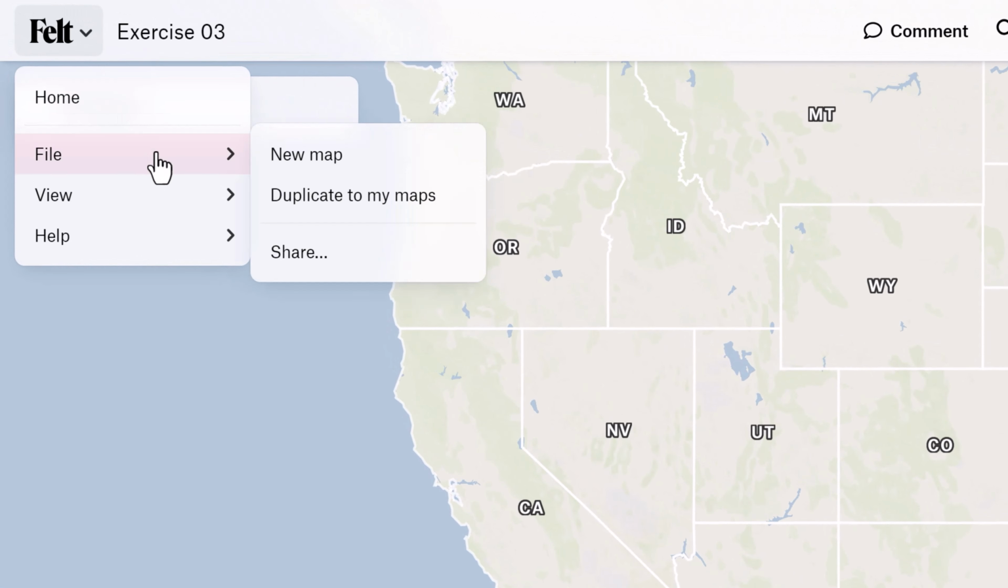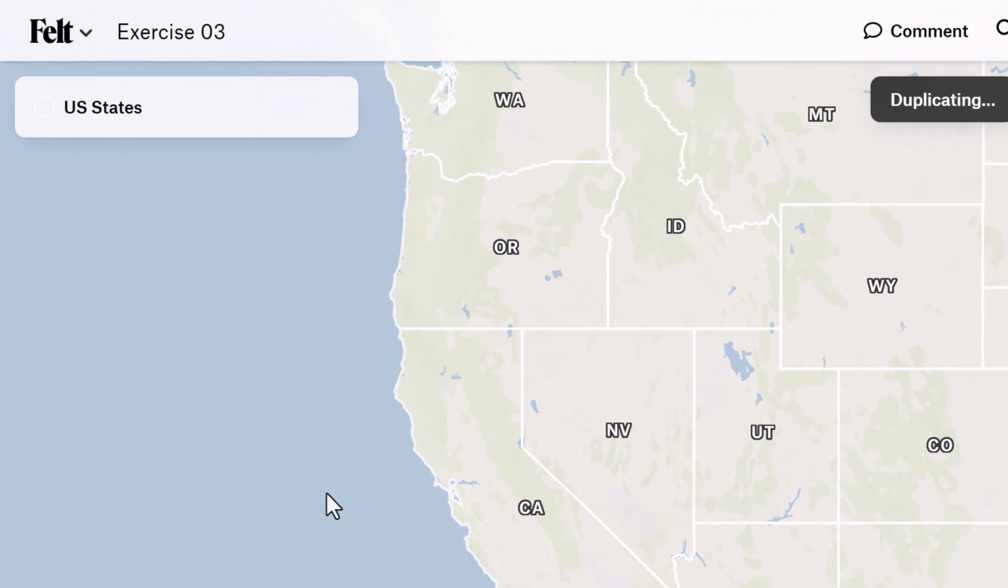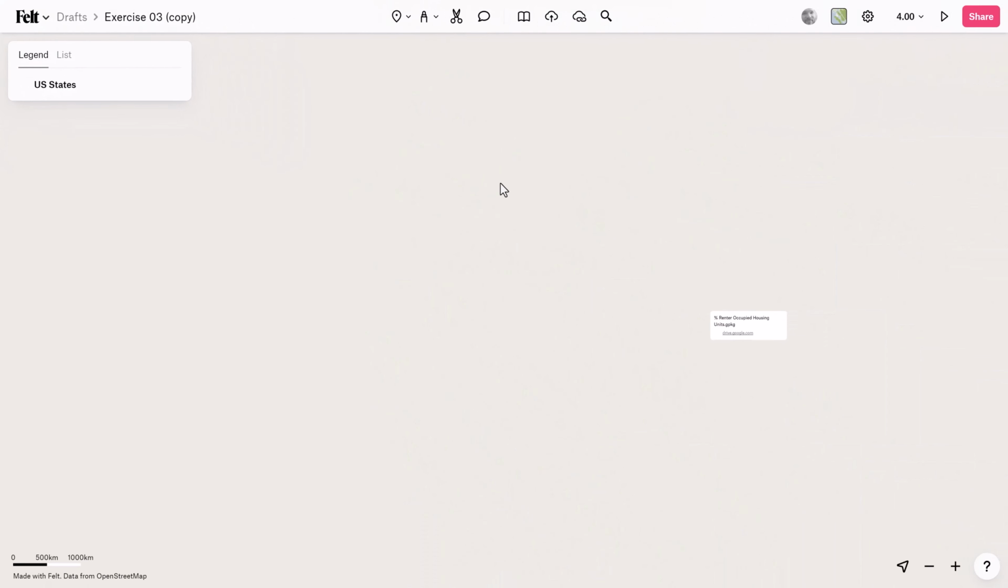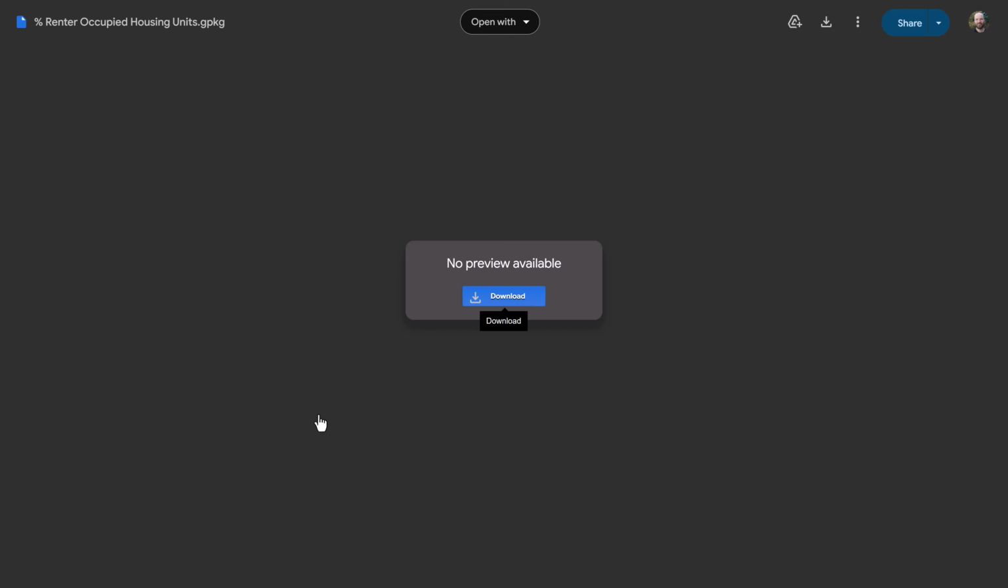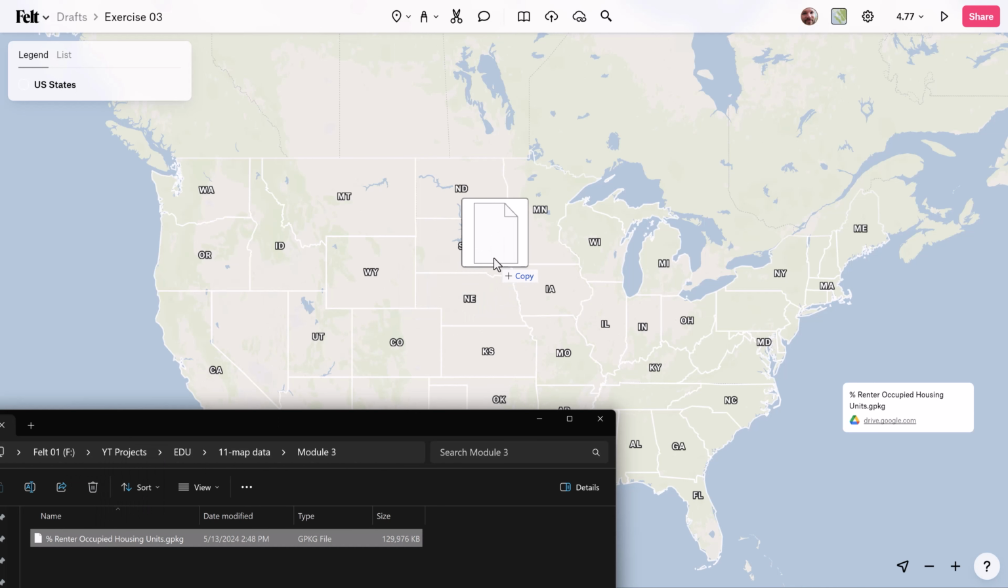Next, go to the File menu and select Duplicate to My Maps. This will create a copy of the map for editing purposes. You'll also notice there's a link right here on the map. Click on this, you'll download a GeoPackage file, and then simply drag and drop it directly on the map